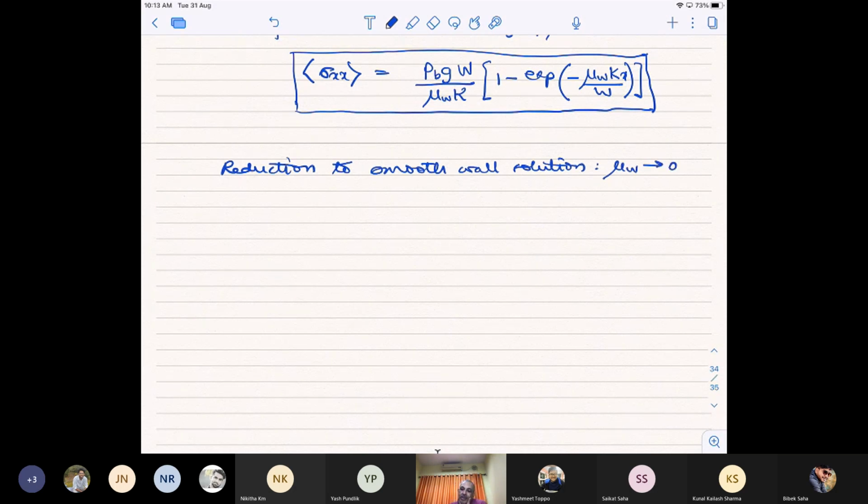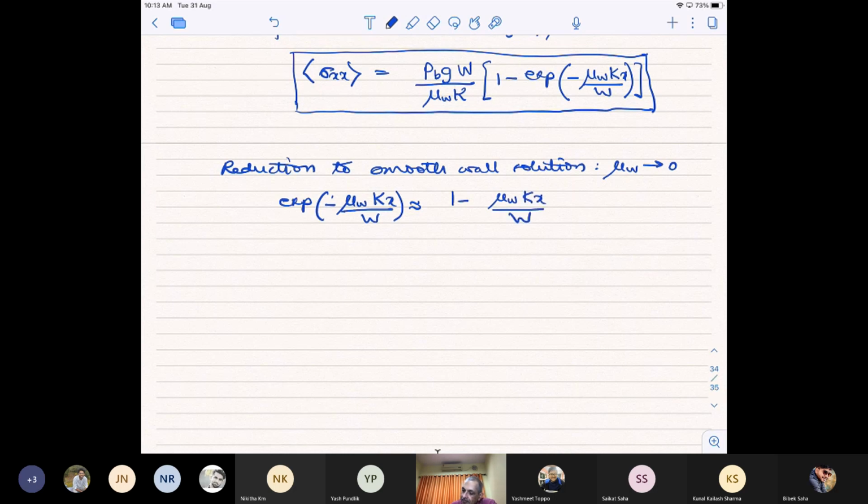So if the wall becomes frictionless, then what sort of profile will I get? You can see that if mu w is very, very small, then we can write exponential of minus mu w k x by w to be approximately equal to 1 minus mu w